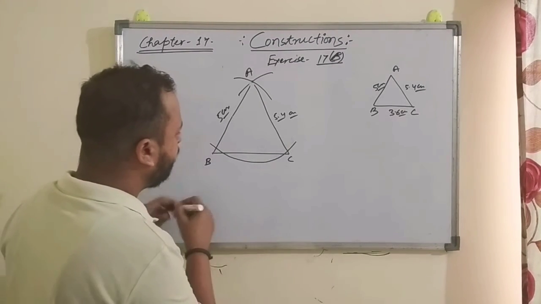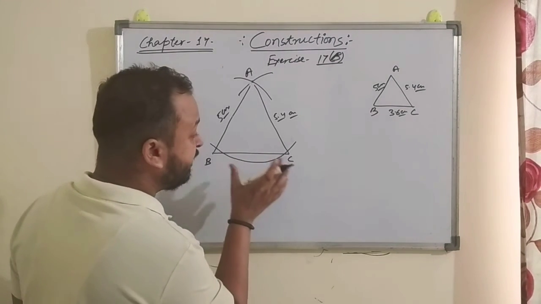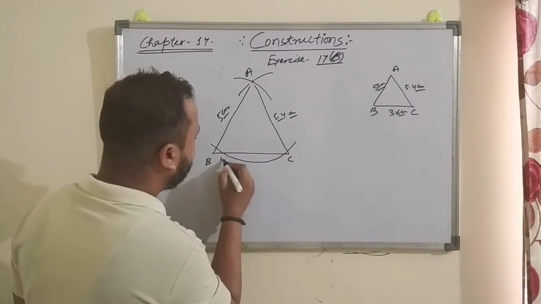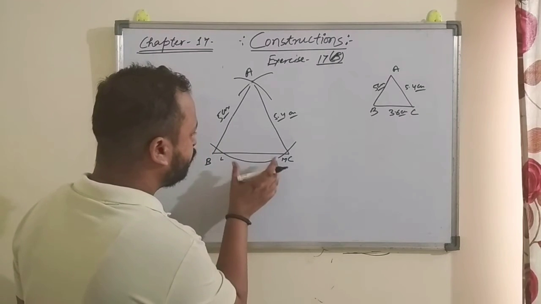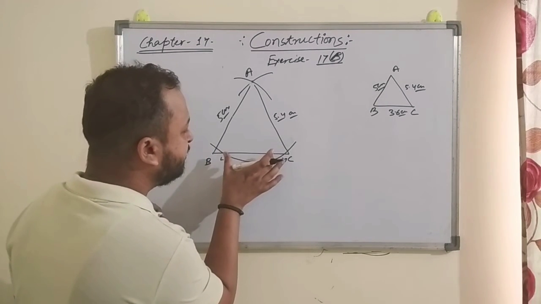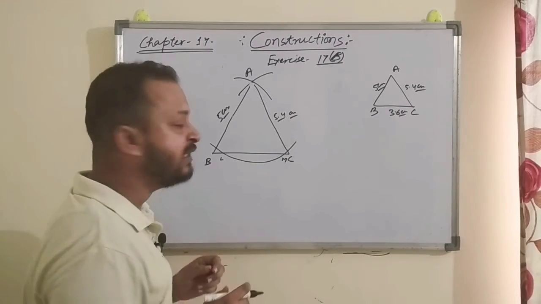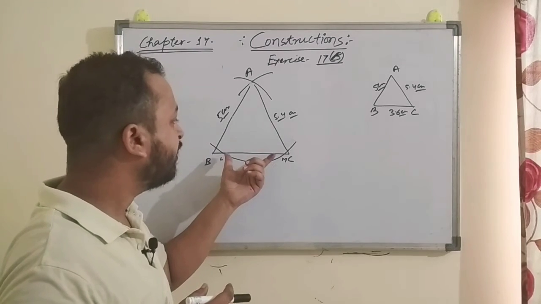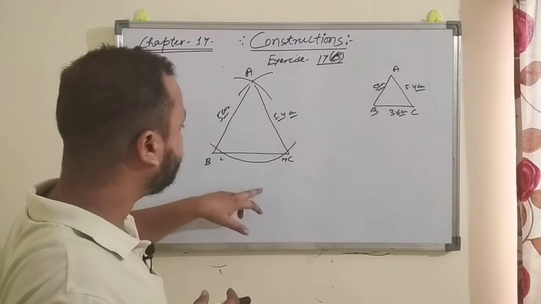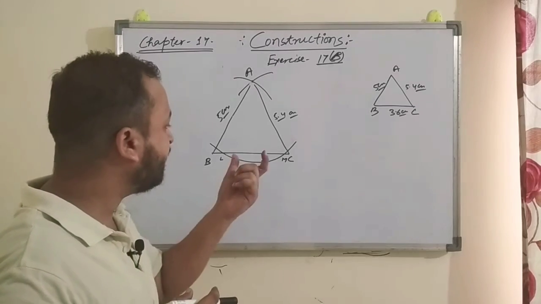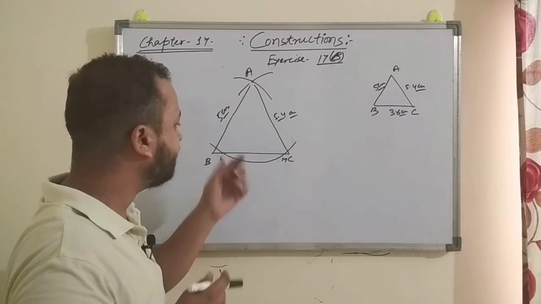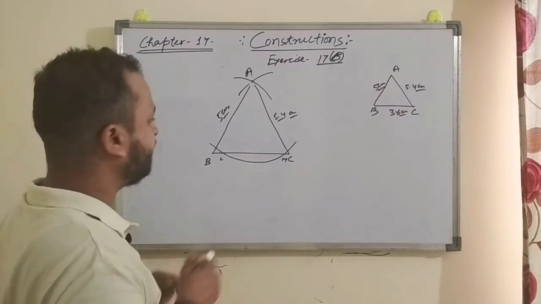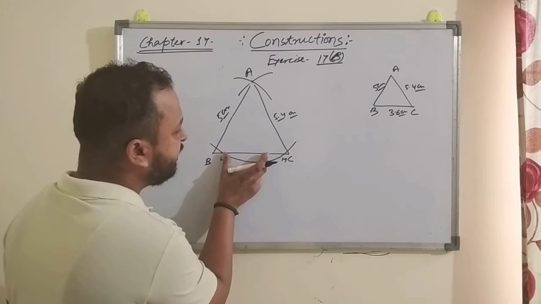So from here what you have to do, take this point as a center and take radius which is greater than this side. Suppose here you get the point L and M, right? So the radius must be greater than half of the length of LC. Why we are taking the radius which is greater than half of the length? So that we can get the intersection point of two arcs. If you take the length which is smaller than its half, so you will never get any intersection point of the arc. So that is why we are taking the length which is greater than the half.